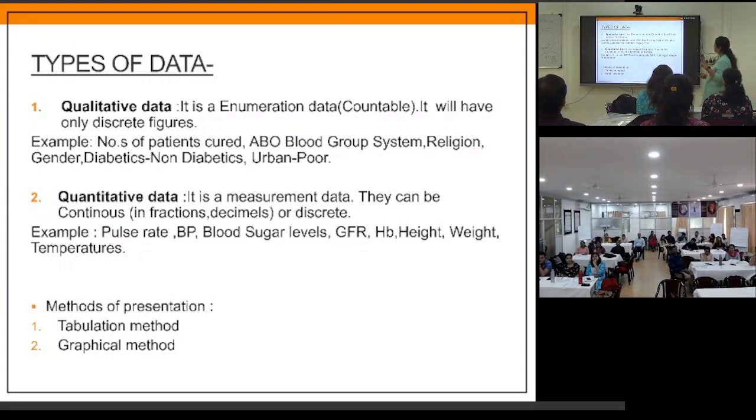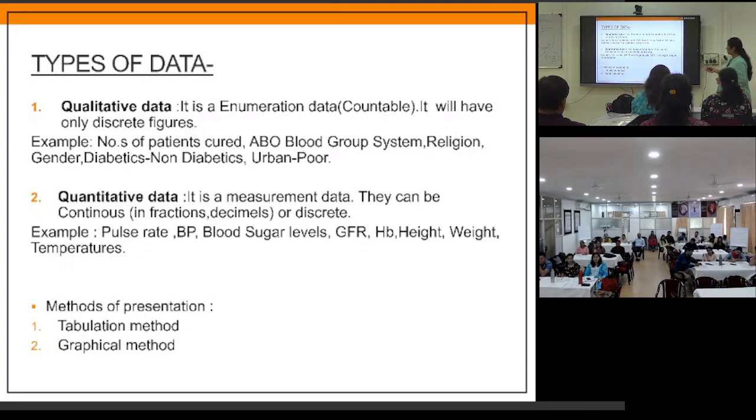So quantitative has got 3 T's. Whichever data uses units, unit ka T, quantitative ke T, you will use the T test. Just to remember. Right, if it is data where units are being used, you will use the T test, and that is quantitative data. So just to make it easy, like which test to apply, etc.